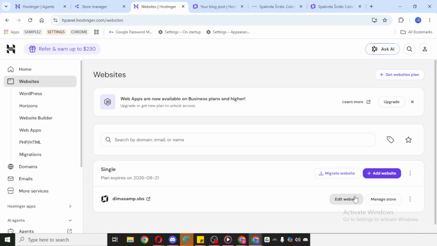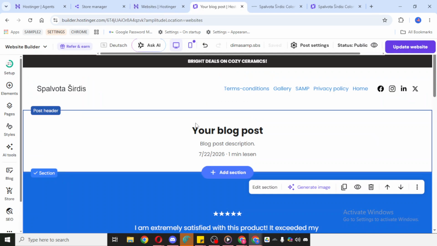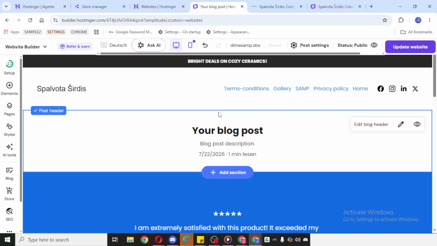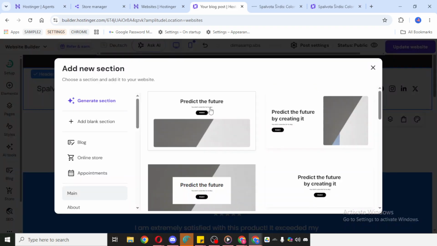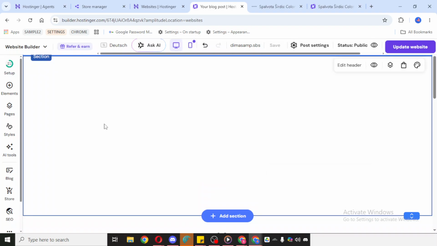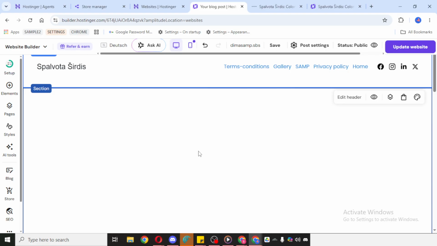as you work. After the editor loads, the next thing you need to do is add a space where the map will go. To do that, click Add Section. From the available section options, choose Blank Section. Using a blank section is helpful here because it gives you a clean area to work with, without extra text or design elements already placed on the page. That makes it much easier to position your map exactly where you want it.